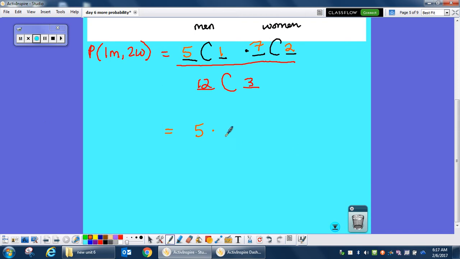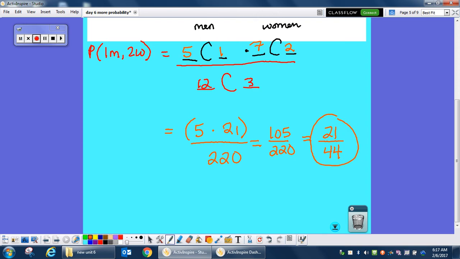which is 21. And I would put that in parentheses. And then 12 choose 3, I believe, is 223. I'm sorry, 220. And now we're going to simplify. So 5 times 21, this is going to be 105 over 220, and you're going to simplify. Math, enter, enter. So what that means is the probability of choosing 1 man and 2 women is 21 out